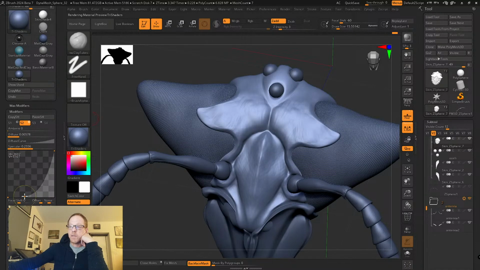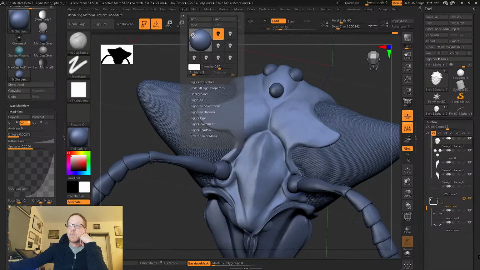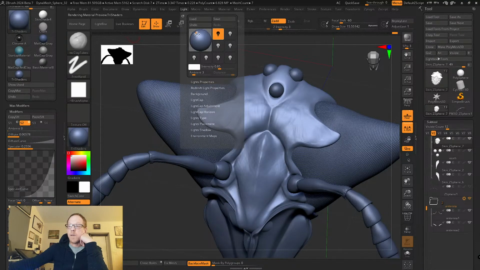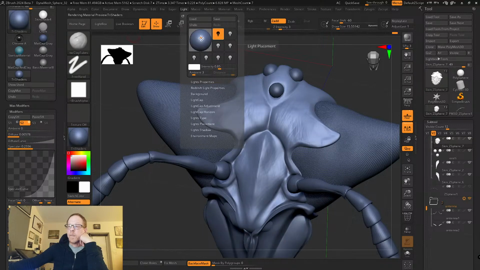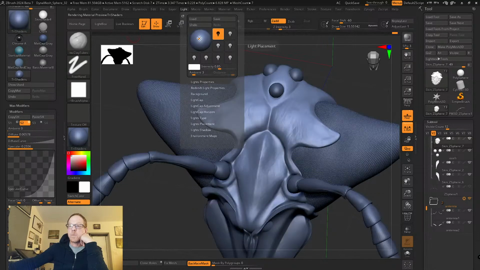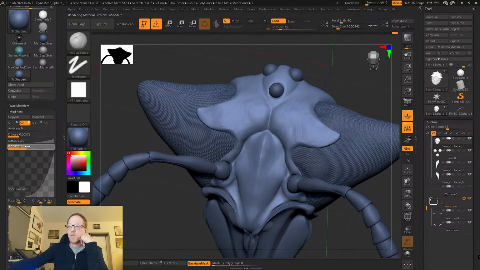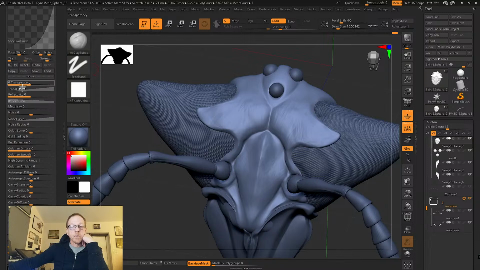So now what I have is this material layered on top of this material, and now as I move the light around, that specular highlight will react to the light, but the matte cap material underneath it won't. So that's a nice way to create a material that maybe is a little bit easier for sculpting, because that specularity really helps reveal the forms. I think this is still a bit too intense, so maybe I'll bring it down a little bit to something like that. And then you can play with all of these different settings in here,